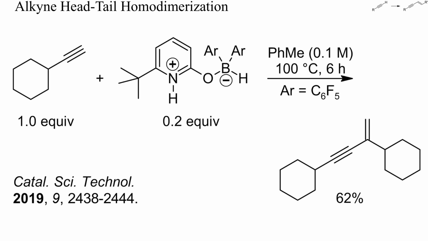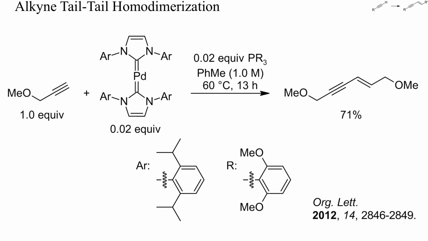Homodimerizations can be catalyzed by acids, bases and a number of transition metal catalysts. In this example, 20% of a pyridinium borohydride catalyzed the head-tail dimerization of cyclohexylacetylene. More common are transition metal catalyzed dimerizations, but unfortunately it is difficult to predict correctly if a head-tail or a tail-tail dimerization will occur. Here, just 2% of a palladium-carbene complex dimerized methyl-propargyl ether under essentially neutral conditions, mostly to